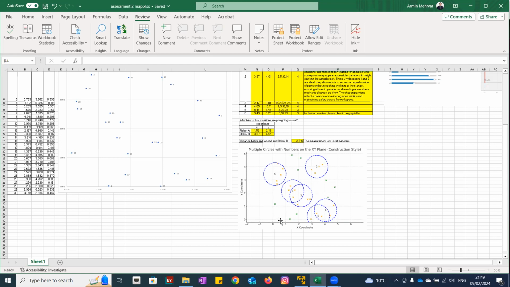So this matters a lot. And I believe that those points which are more concentrated or closer to the center of these zones might have a better chance to be reached by the robot than those which are near the perimeter or edge of the circles or zones,